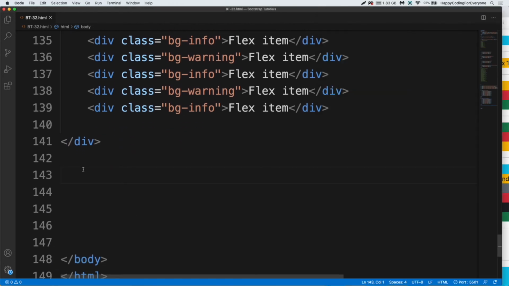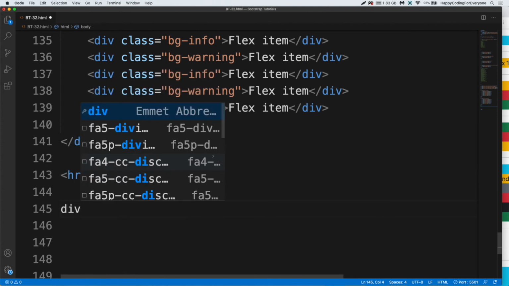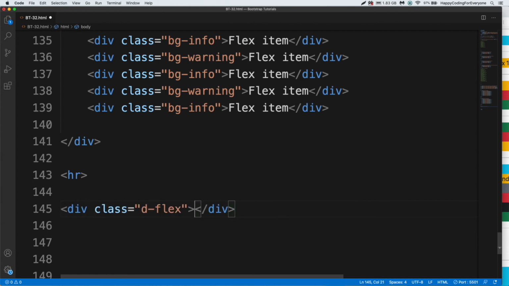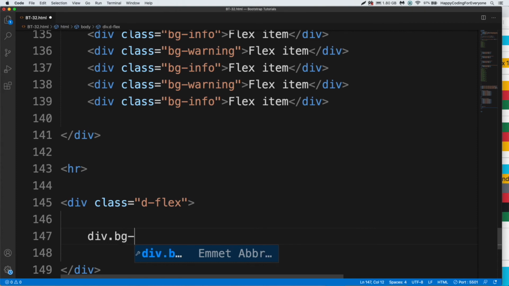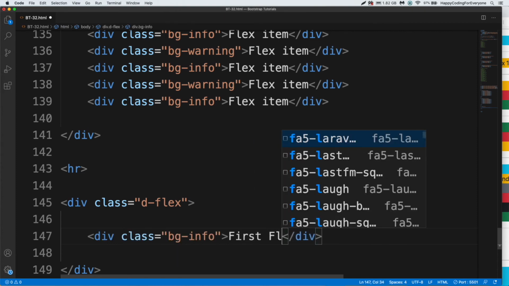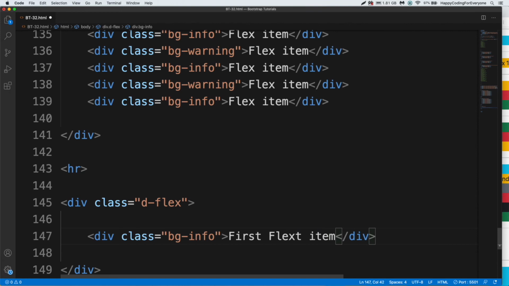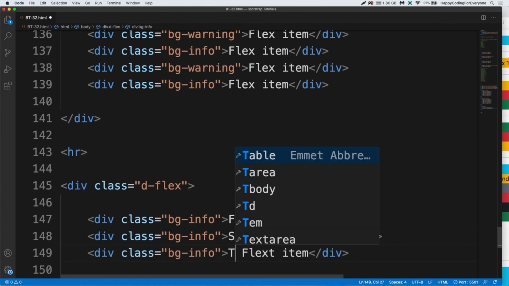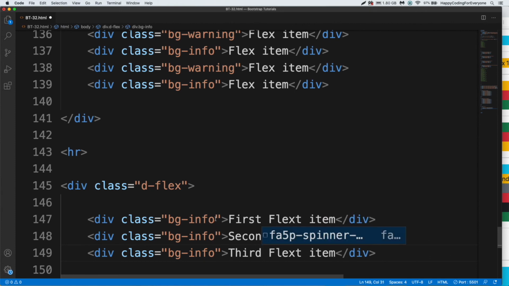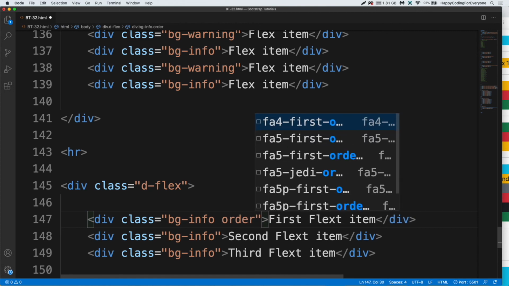Let me put another HR. Let's create a div. Let me create another div, bg info, first flex item. Let me copy and paste 2 more times. That one is second and that one is third. I want to add another class name, order 3,